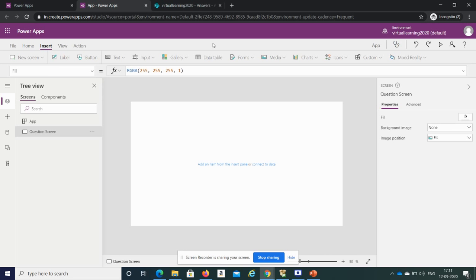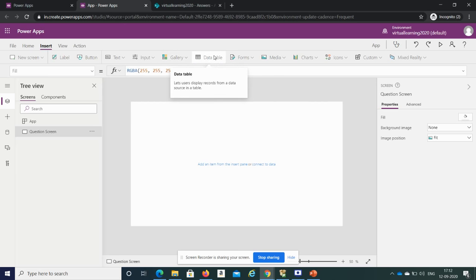Like suppose when you are fetching some data from the backend, from the list, you will get all the data and you will show it in one table. So how is it doing? That's dynamic. If there are 10 rows, it will show you 10 rows. If there are 9 rows, it will show 9 rows. So the same thing we are going to use, but the thing is, there we will insert the controls.